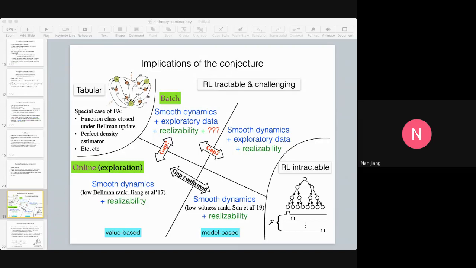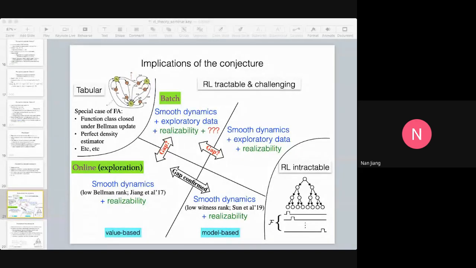So for example, I can tell you one result that's already there in the literature. If you have linear function approximation in the off-policy evaluation setting, and you can run LSTDQ and use that to estimate J^π, right? So it seems like you can almost just estimate J^π accurately with a realizable linear value function class.